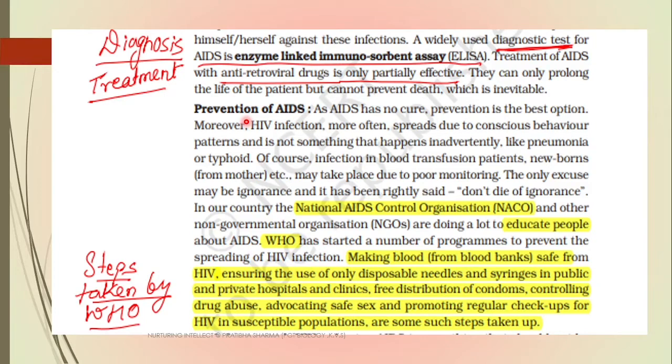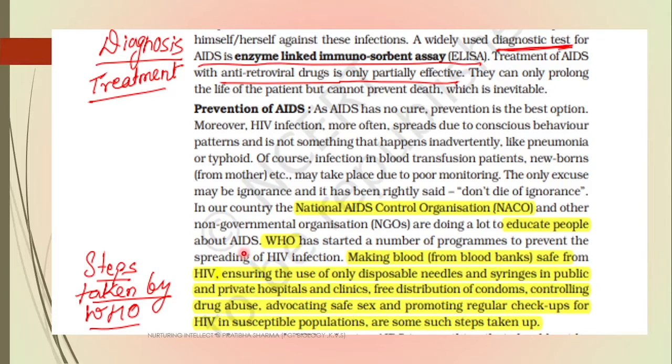AIDS, how it can be prevented. A person should avoid having sex with multiple partners, and unprotected sexual practices should be avoided. Sharing of needles, like by intravenous drug addicts, should be avoided, etc. Now, in our country, there is an organization that is NACO, National AIDS Control Organization, and there are other non-governmental organizations, NGOs, which are educating the people about AIDS, how it is getting transmitted, and how it can be